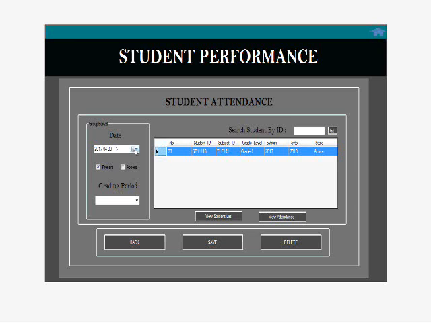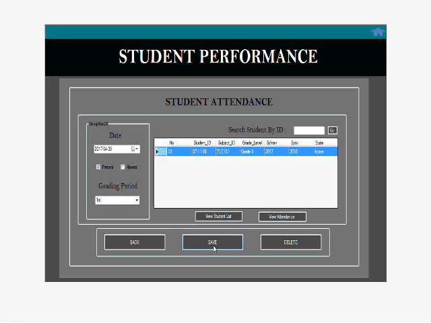As you can see, our date and time picker is automatically set to the current date. So grading period, we're going to choose first, and then we're just going to click save if we want to add an attendance for student 1110.